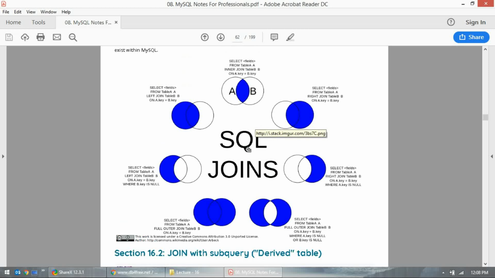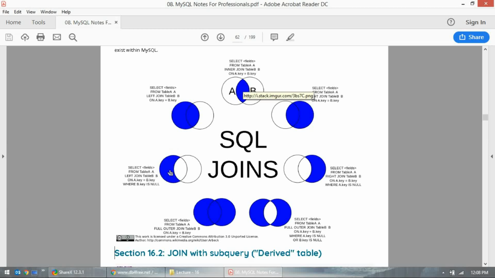various types of join. Okay, so this is the inner join. This is actually a Venn diagram. This is table A and this is table B. And when you do a join, you can put inner join table B if there is an option, but normally the way you write the SQL will show what you are trying to do. This doesn't require saying inner join or left join, but the way you write the SQL will depend. There are many ways to write the SQL actually. It's just one representation. So you have inner join and left outer